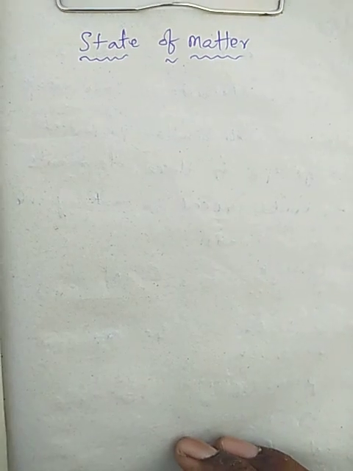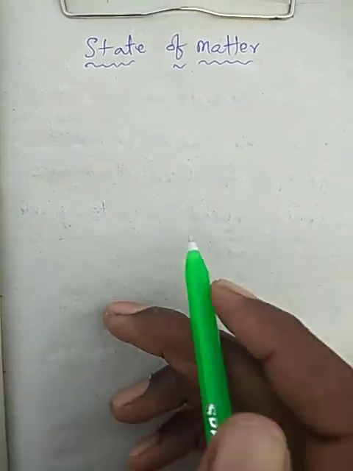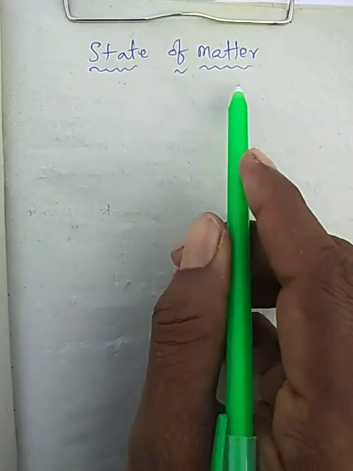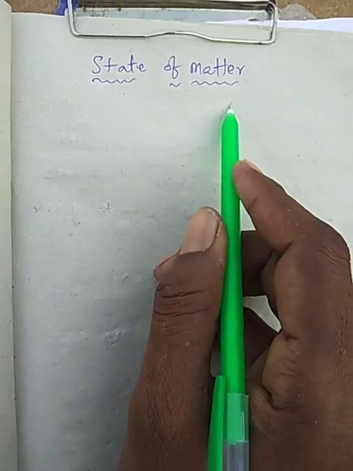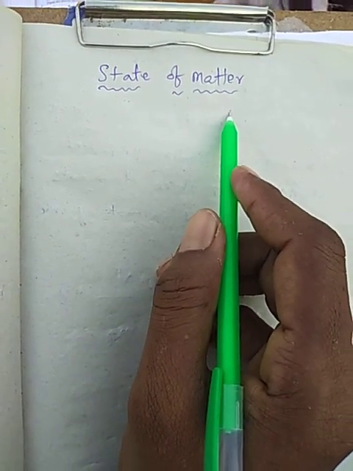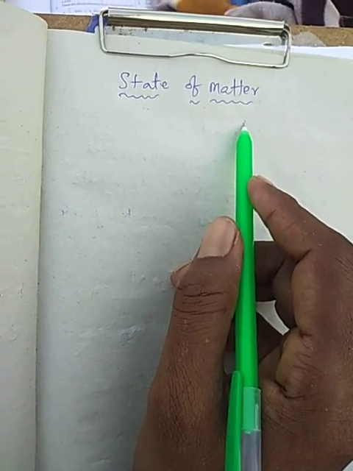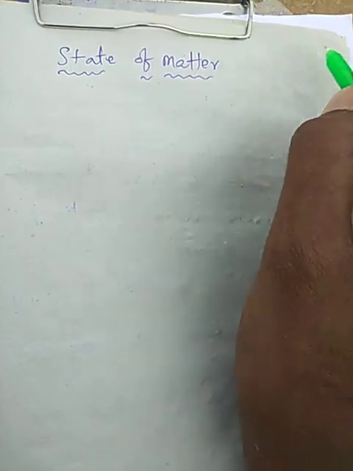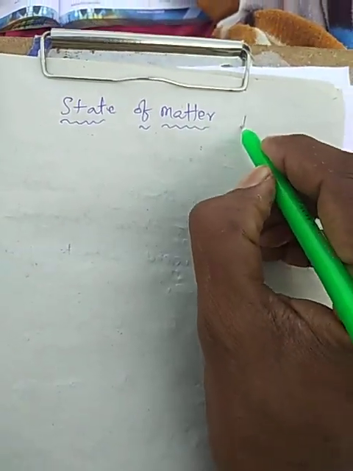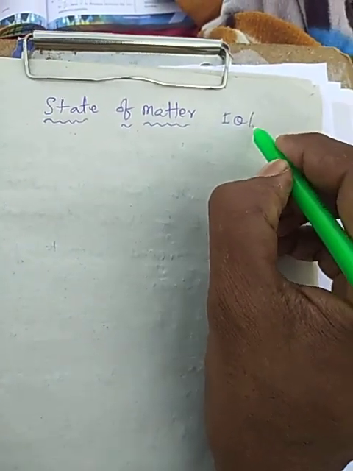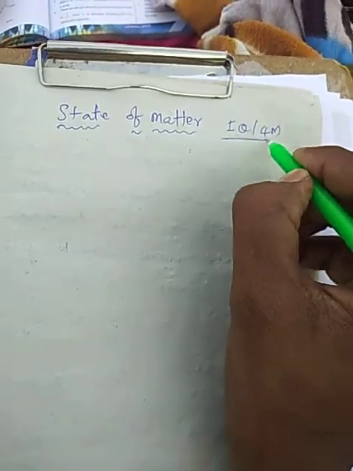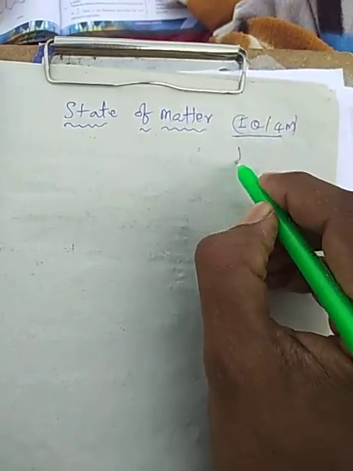Students, everyone, today I am going to explain the topic, the chapter named states of matter. Mainly, states of matter explains the types of forces. Based on the types of forces, we discover the laws. In this topic, one question is compulsory in the JEE or NEET exam. That means 4 marks will be asked in JEE or NEET.